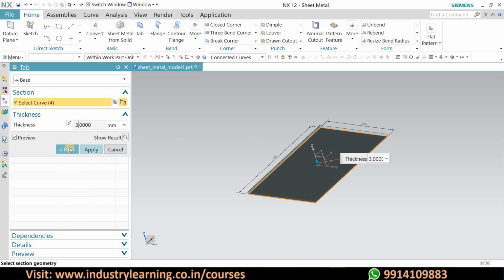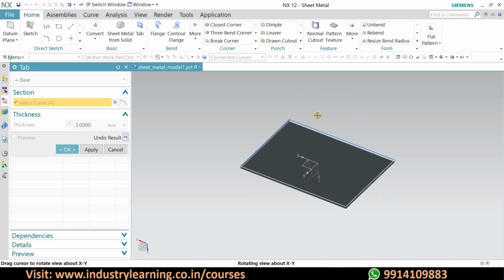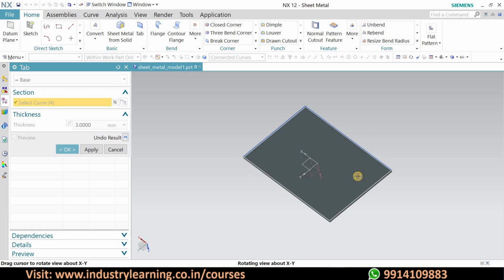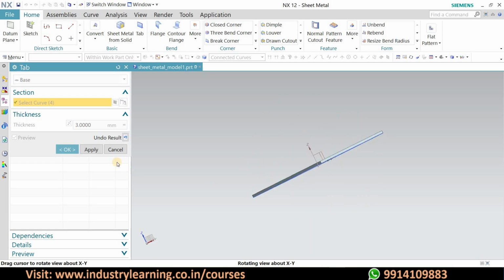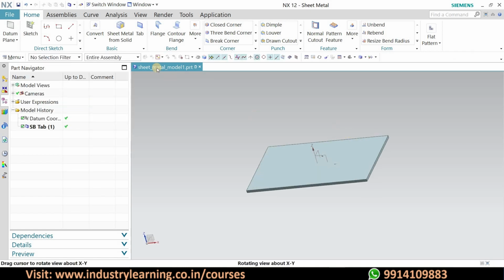Just go with Show Result, and here you can see how it looks, how much thickness, whether as per your part's requirement. I'm okay with this 3 mm, so just go with OK. So this was just the basic tab function, and let's start the next, that is the flange function.